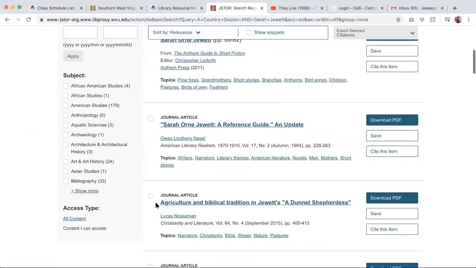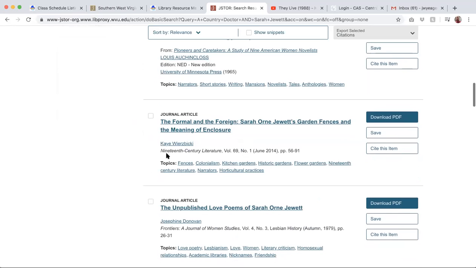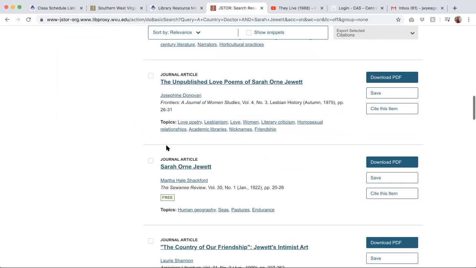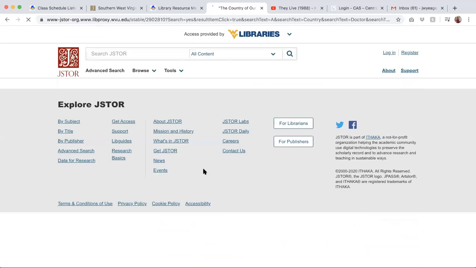Yeah, quite a bit more stuff. Some of the stuff might be about Sarah Jewett's other books, like The Country of the Pointed Firs, that Haley mentioned the other day. That's her most famous book, so there's a lot of stuff written about that. I've read this article before. This is a pretty good article about it.